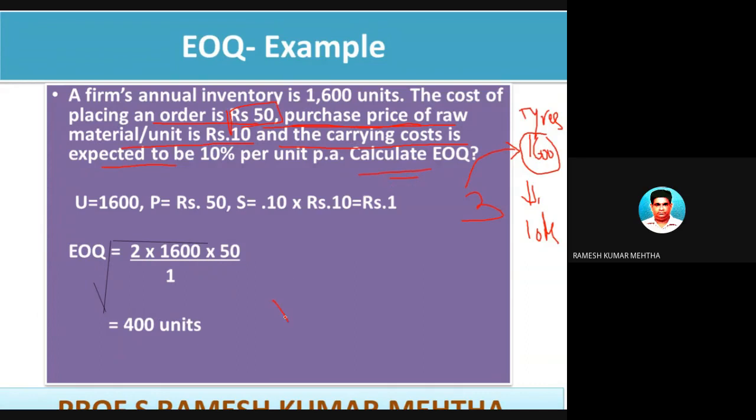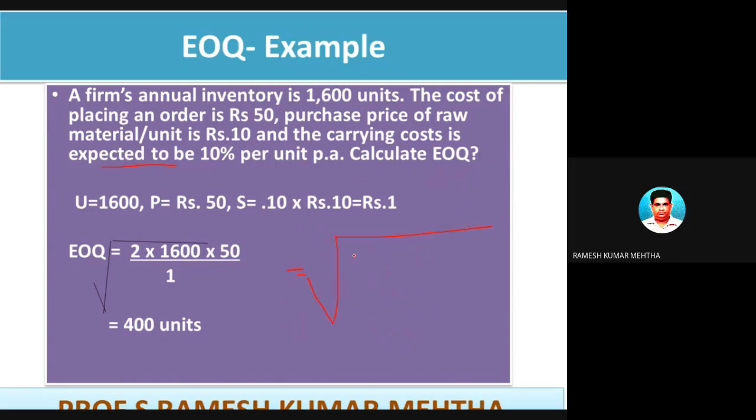Okay, so with this we will calculate the economic order quantity. The formula is 2AO by C. 2 stands for numerical 2. A stands for annual demand or consumption of the particular item which you want to order. O is ordering cost per order, and C is the inventory carrying cost. I told you at length the different costs which aggregate into the inventory carrying cost. So let's solve the problem and find out how much order we have to release at any given period of time. That is the economic order quantity.